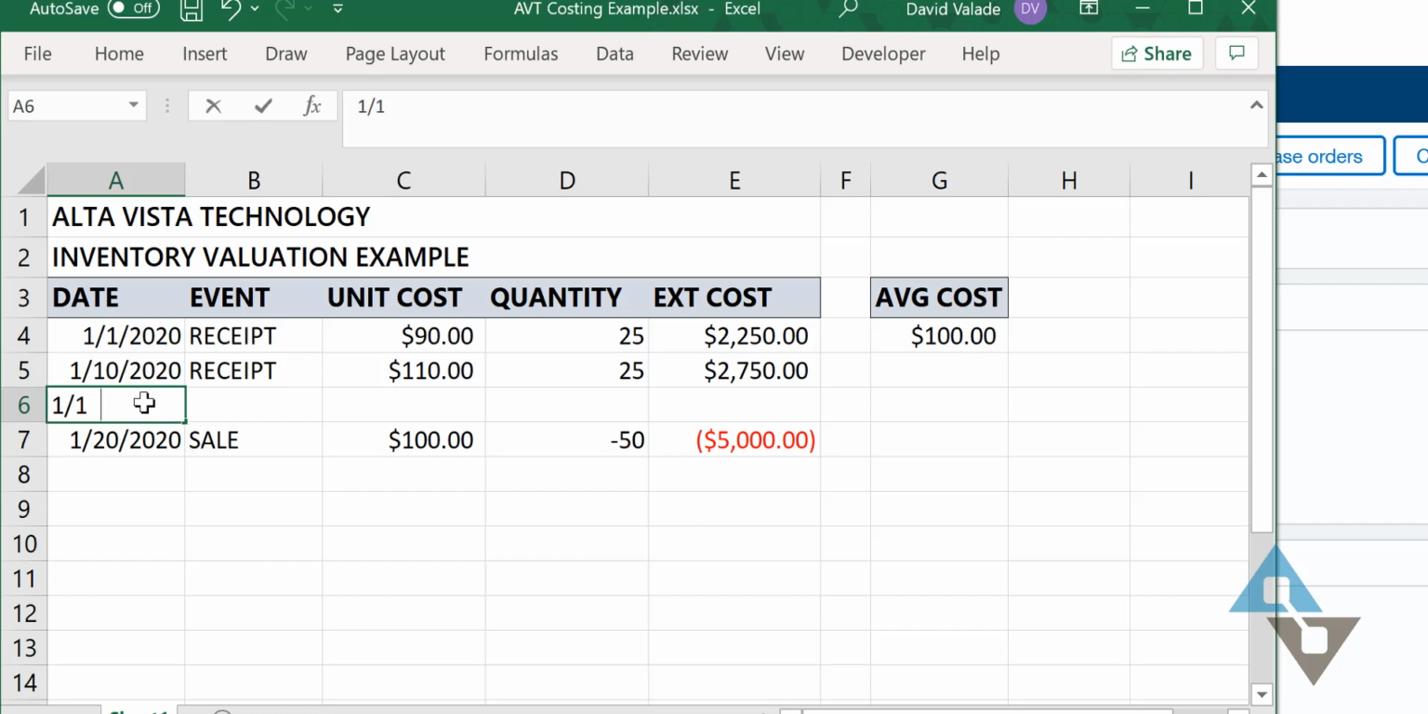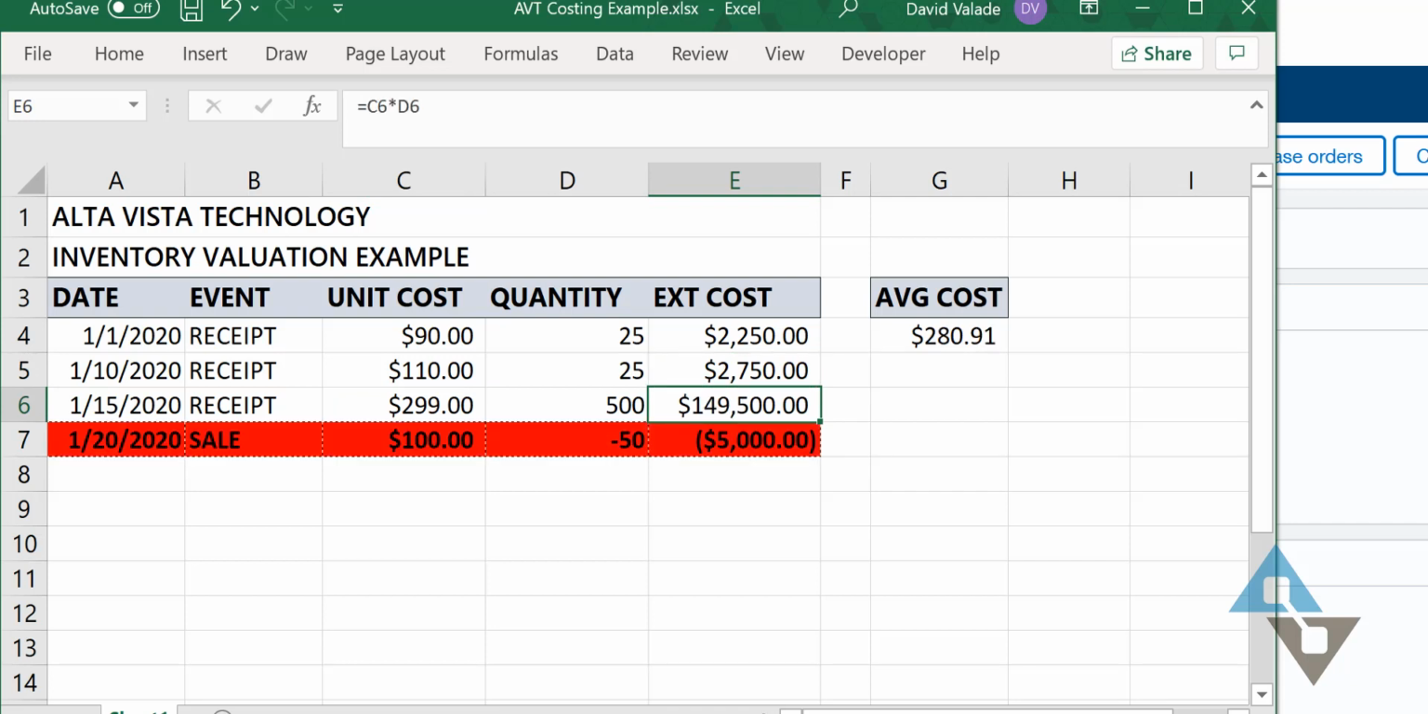Oh no. So let's say on the January 15th here, I'll just make up that date. Let's say I had another receipt of inventory that came in. And let's say on that day, I received, let's say 500 widgets. And how much did that widget cost? Let's say that cost $299 per widget. So that would mean the cost for that part was very different. That just changed my average cost per unit in this example to be